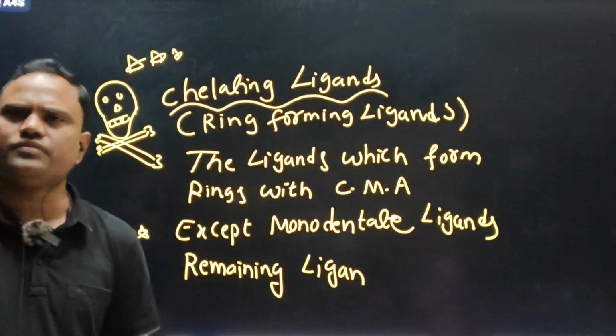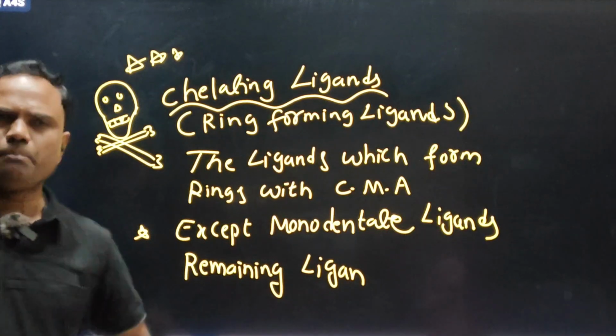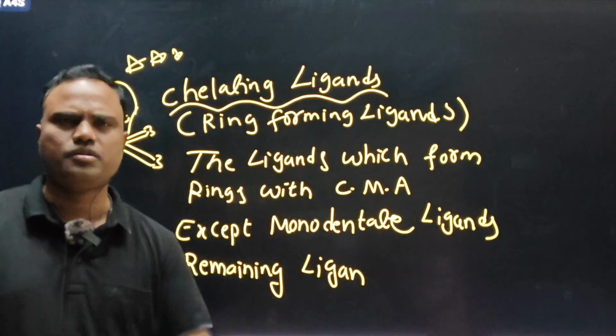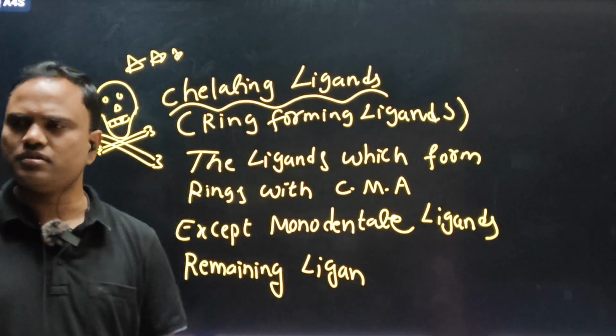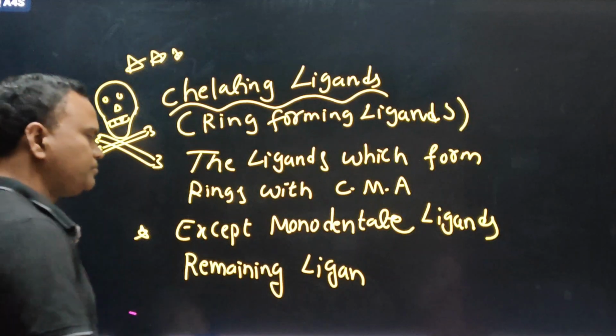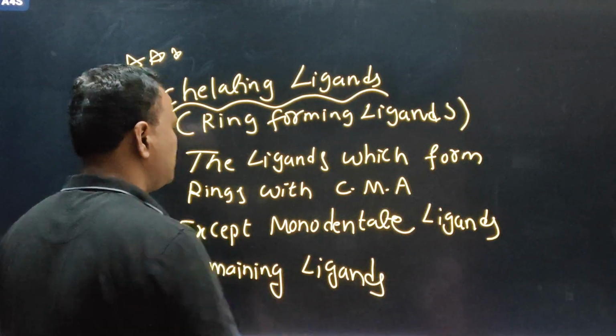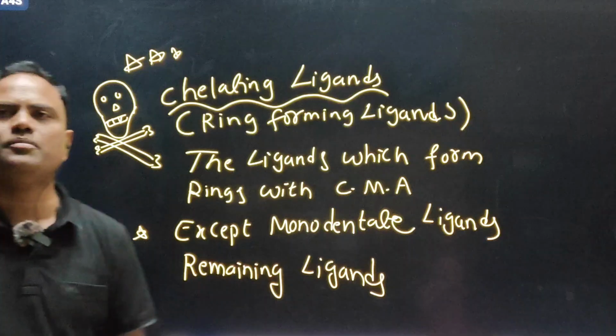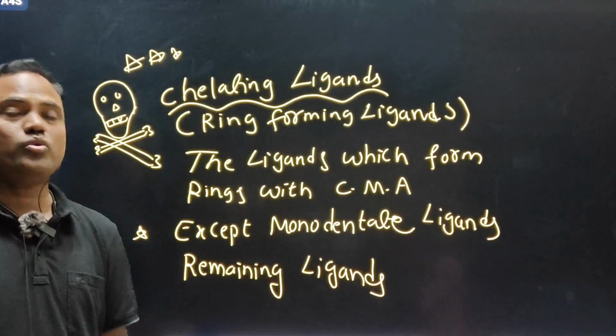Very easy to identify a chelating ligand. Mostly bidentate examples will come for us. Bidentate, tridentate, tetradentate, all these are chelating ligands. Clear? Let us see one example of how they form the ring and how questions will come